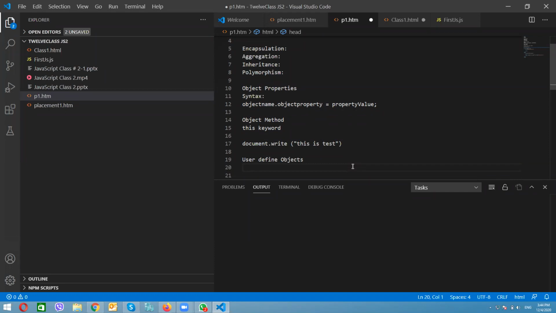For example, you can create your own object, and there are also predefined objects already available within the JavaScript language. There is one operator which we call the new operator. The new operator is used to create an instance of an object. The new operator is followed by the constructor method.